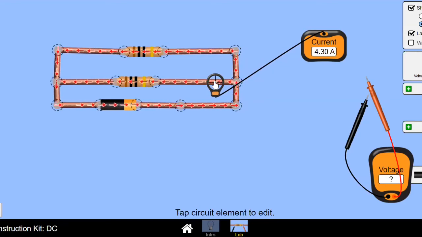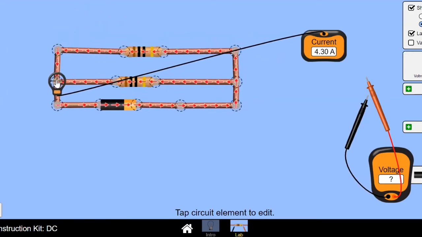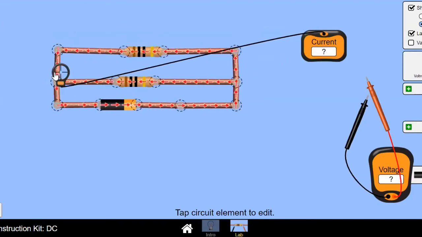Let's look at a different junction. We go to the other side. For example, let's look at this junction. For this junction, you see this current going in, this one also going in. So I have this one in